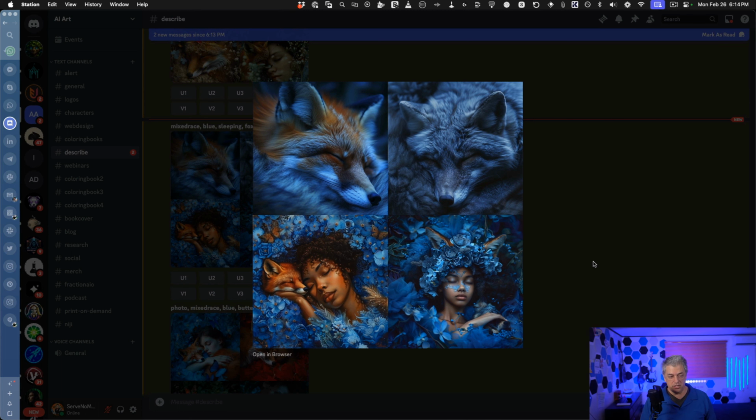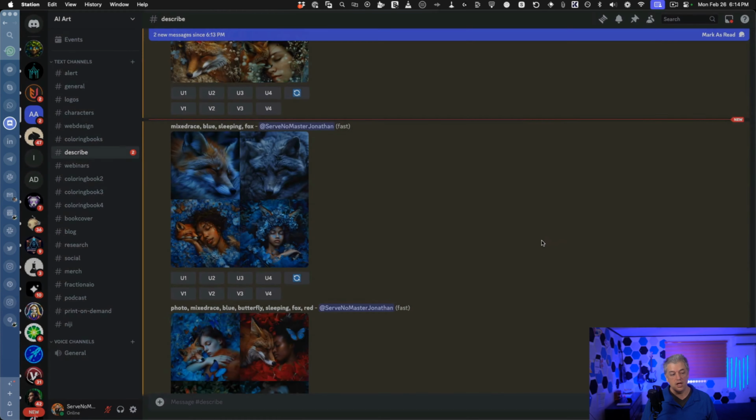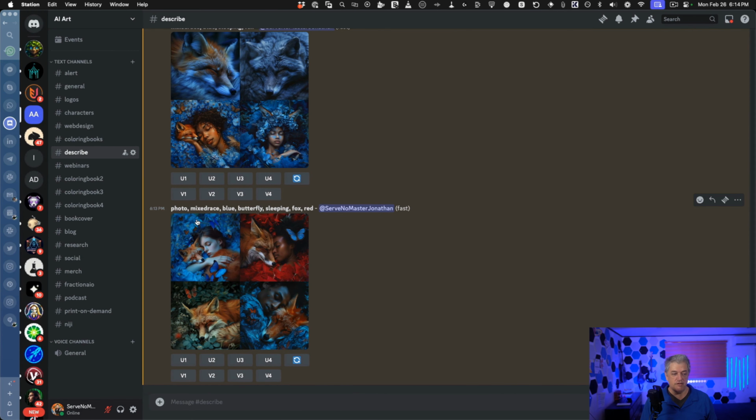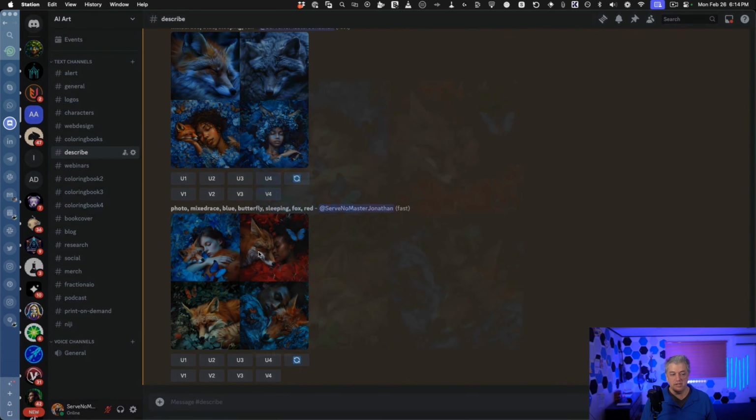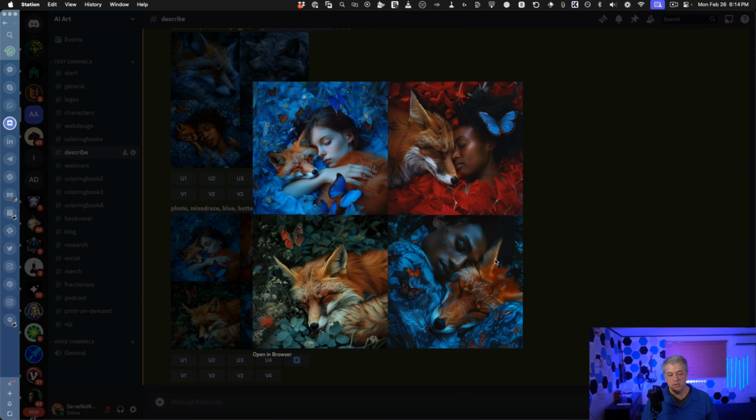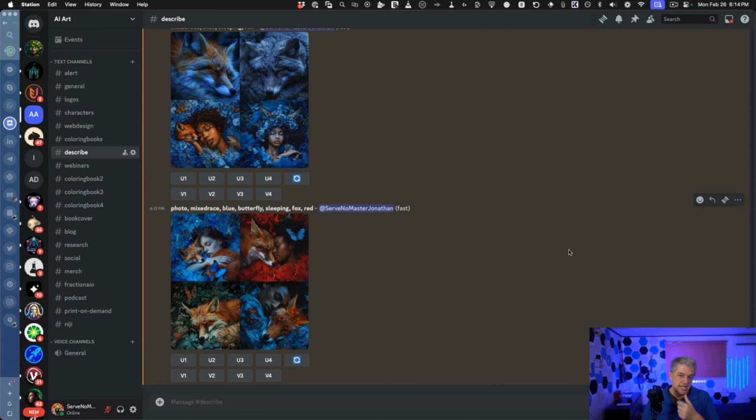I believe this image and this image are interesting enough, whereas these are just two pictures of the fox. And finally, we have photo mixed race blue, butterfly, sleeping fox red. We've lost the word woman. So that's why here we have a man, here we have no human at all. You can start to get some crazy results just by playing around with shorten to see which words matter and